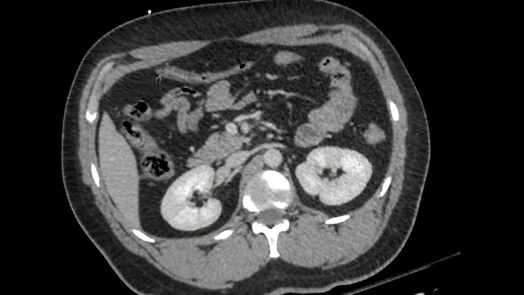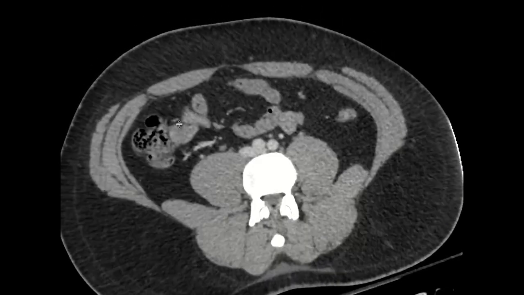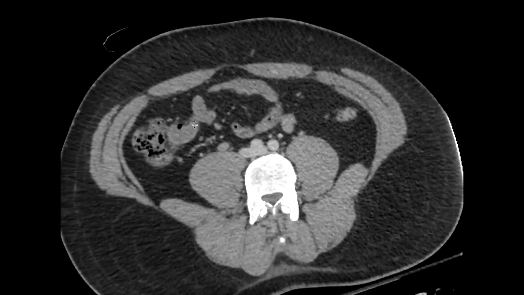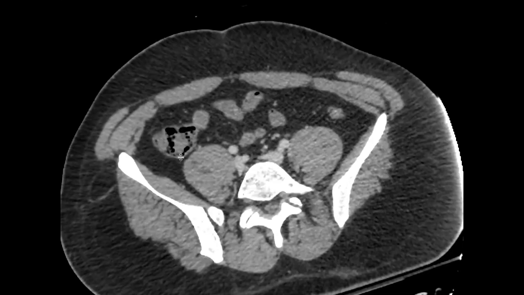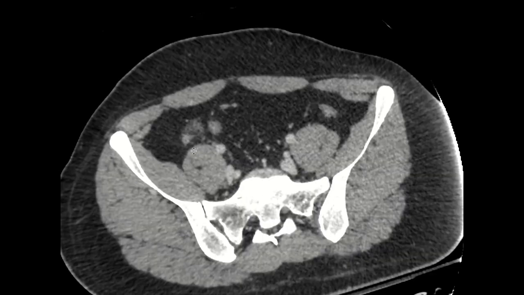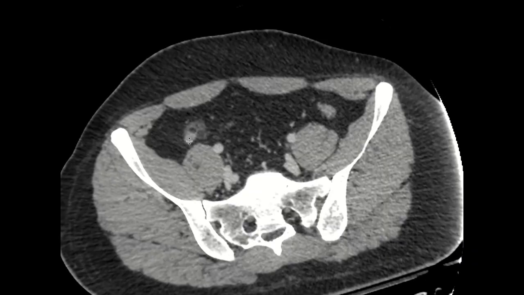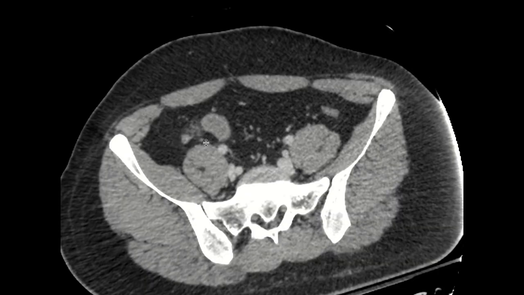Here's a patient who got a CT of the abdomen and pelvis and was complaining of right lower quadrant pain. And so one of the things that we look at when we're thinking about right lower quadrant pain is to find the appendix. Here you can see the terminal ileum coming into the right colon. You can see the fat surrounding it, and so inferior to that and medial, you can see here's the appendix coming out, and it looks quite normal here, but as you go more distally in the appendix, you can see that there's inflammatory changes not involving the appendix but adjacent to the appendix. The appendix itself is not particularly thickened, but there is a lot of stranding adjacent to the appendix here, and